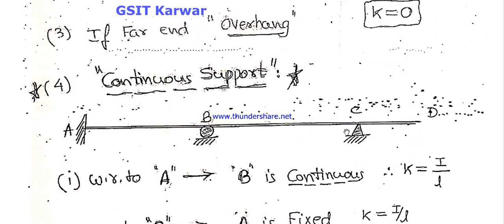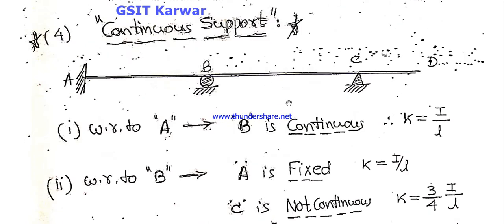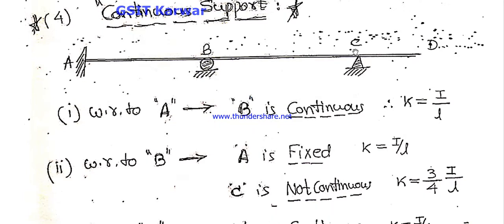Next, take one example like this for your understanding purpose. Here is given one example of how we are going to take the relative stiffness. See, observe, this is the continuous beam given. The support A is fixed and support B is roller and support C is hinged and CD is overhanging. With respect to A, B is continuous, K is equal to I by L. With respect to B,